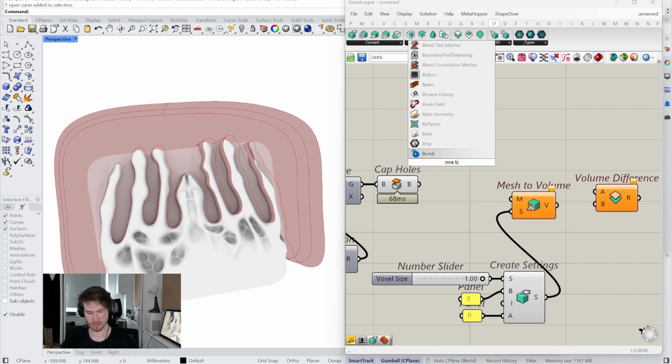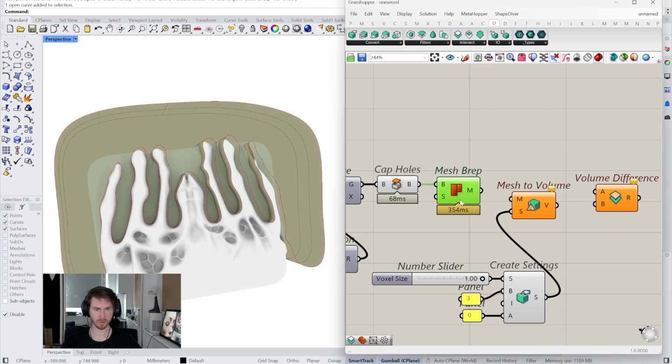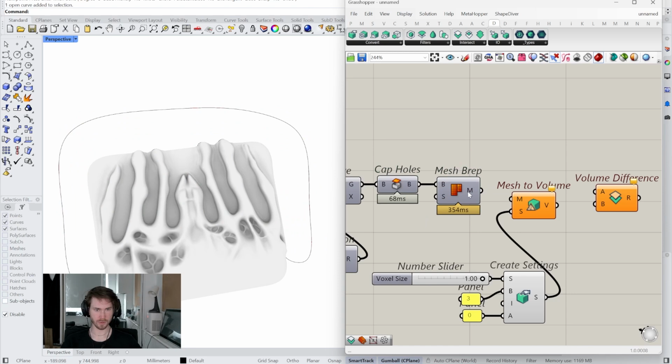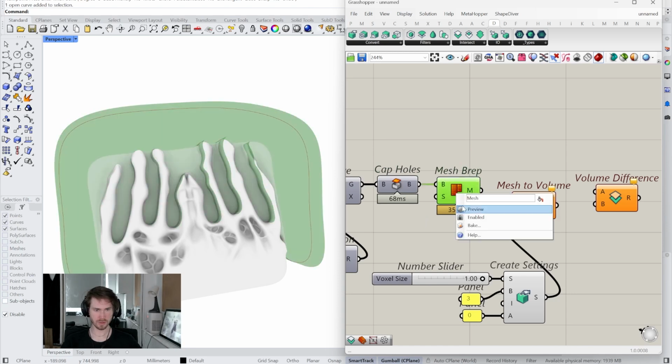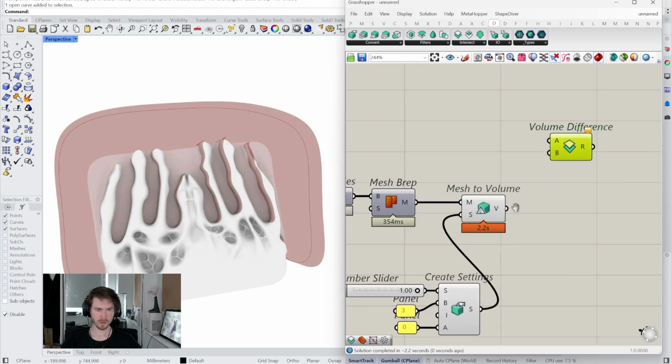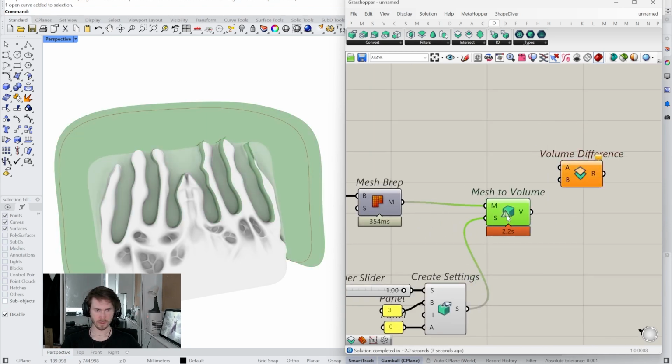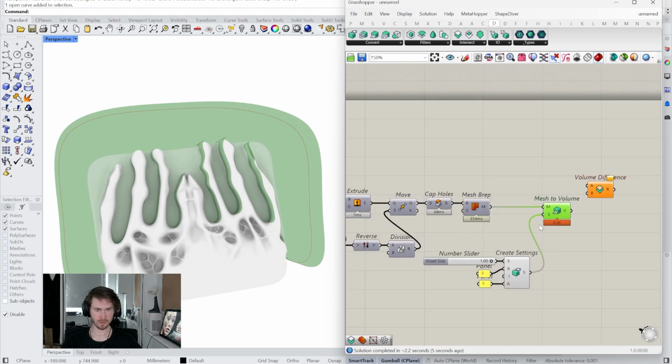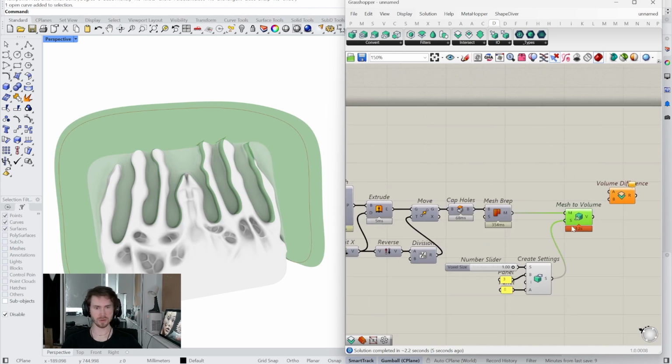So let's just modify this, and we'll convert it into a mesh with a mesh B-rep component. I'll plug that in. Now we've gone from a closed B-rep to a mesh. So we'll plug that in. So now we have a volume, and we'll need a similar volume for